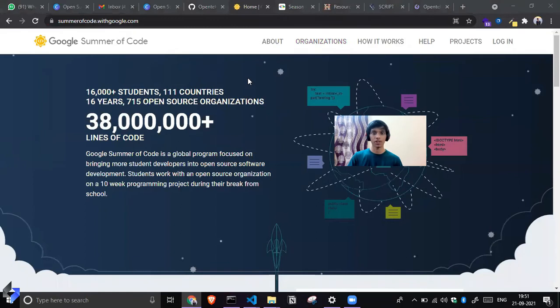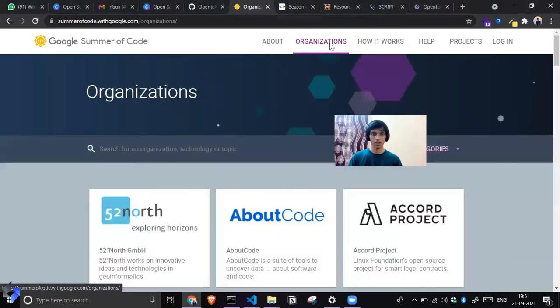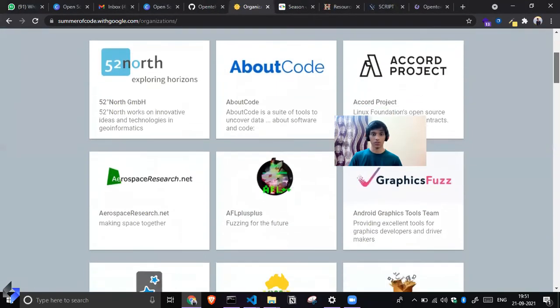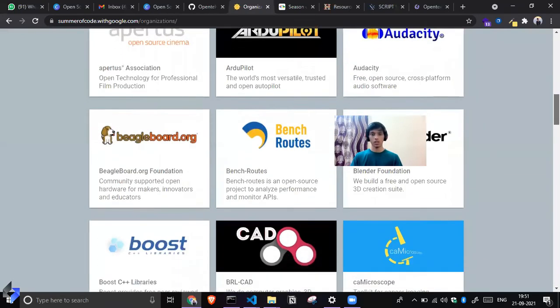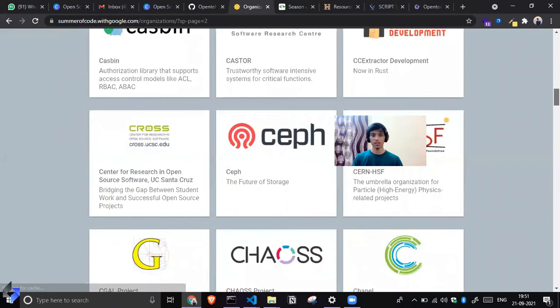So this is their official site, and you can go to their organization tab, and you can check the organization you want to contribute to or want to know more about. Okay, so all the redirect links are here.